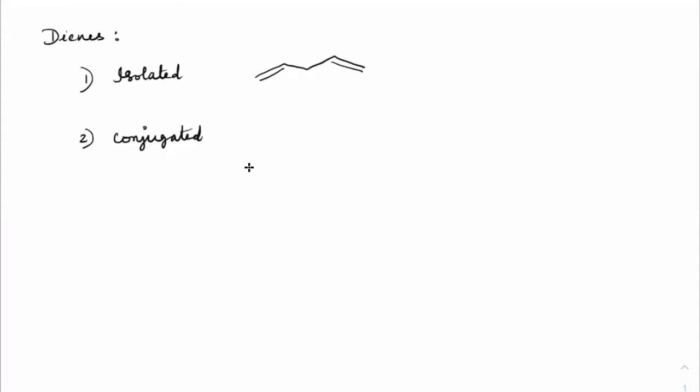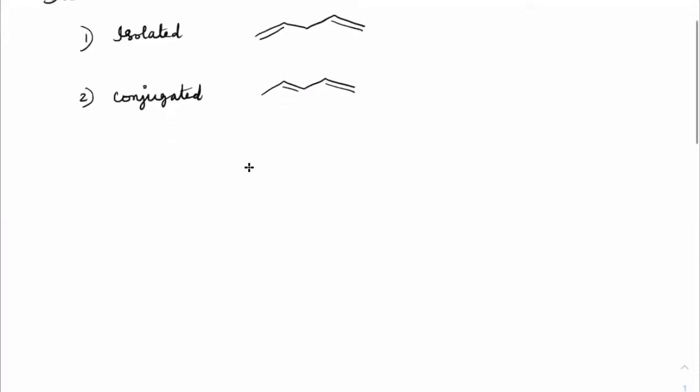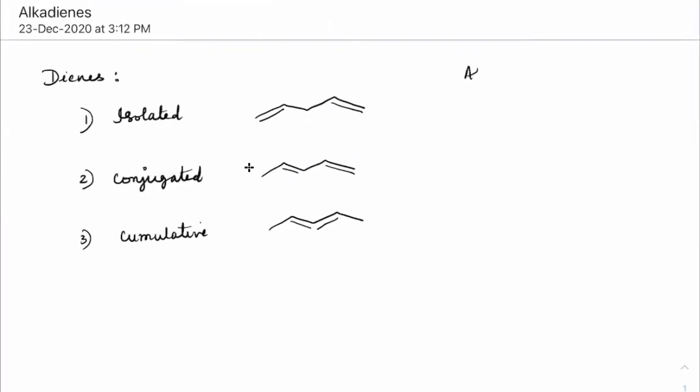See conjugated dienes. In conjugated dienes, we must have the double bonds in conjugation with each other. These are conjugated dienes. Next, cumulative dienes. Cumulative dienes are those where the double bonds are adjacent to each other this way. These are cumulative dienes. On the other hand, if you see alkynes,